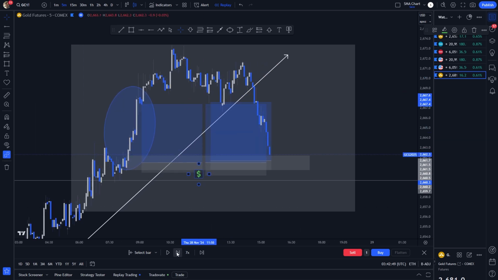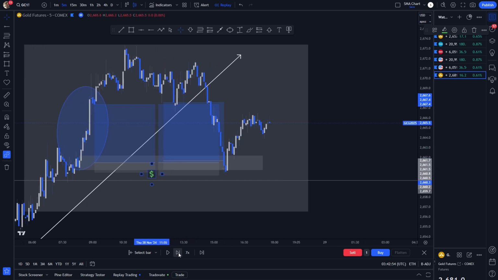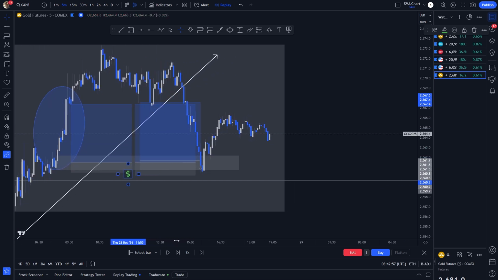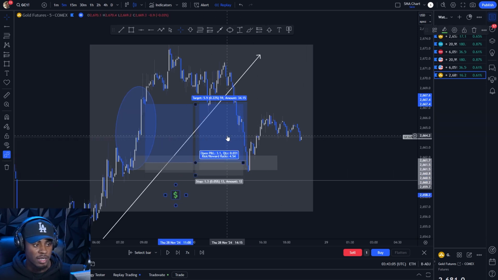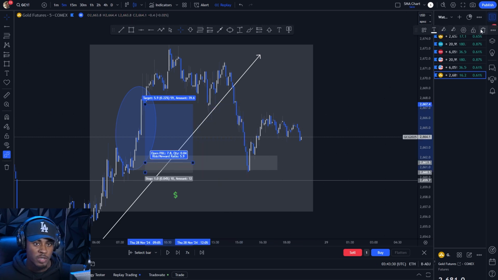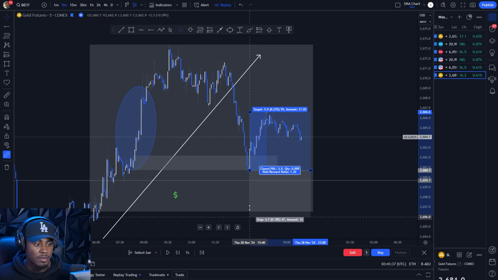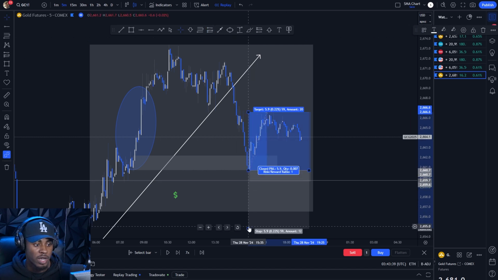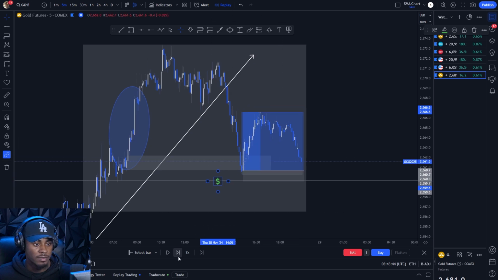It starts to pull back, taps that zone. Now notice we get a touch right here. What does this do? Create more liquidity, because although the market does correct itself, what this is simply doing is allowing buyers to have more opportunity. So because we have this nice zone, finally touches that LPI, we have more people hopping in right here. And what is this doing? Creating more liquidity below this zone. So eventually,